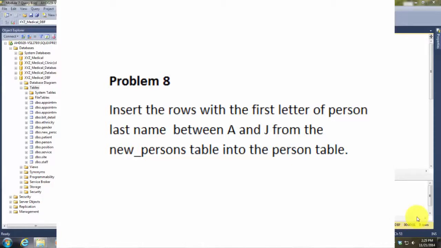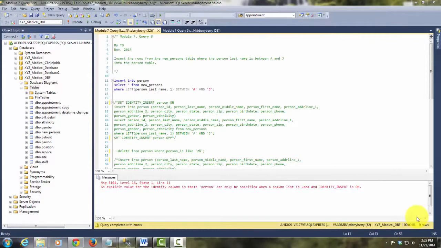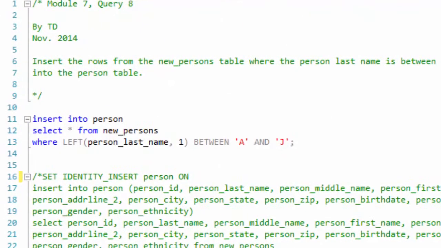Problem 8. Insert the rows with the first letter of person last name between A and J from the new persons table into the person table. So to show you an example of a way you cannot do this, if you run this statement, insert into person, select star from new persons, where the first character of the person name is between A and J,